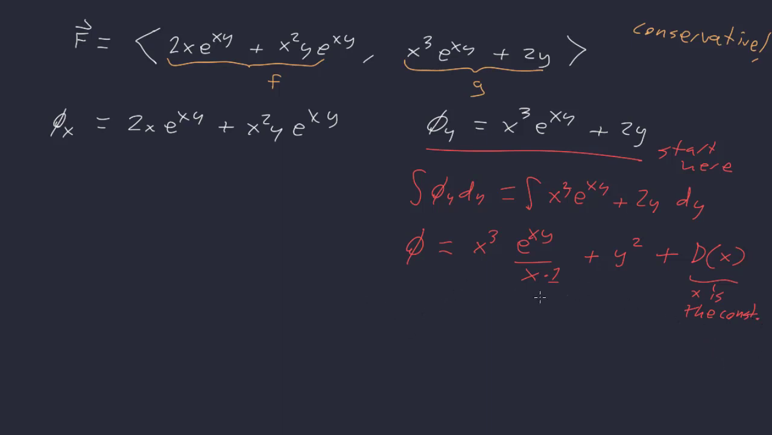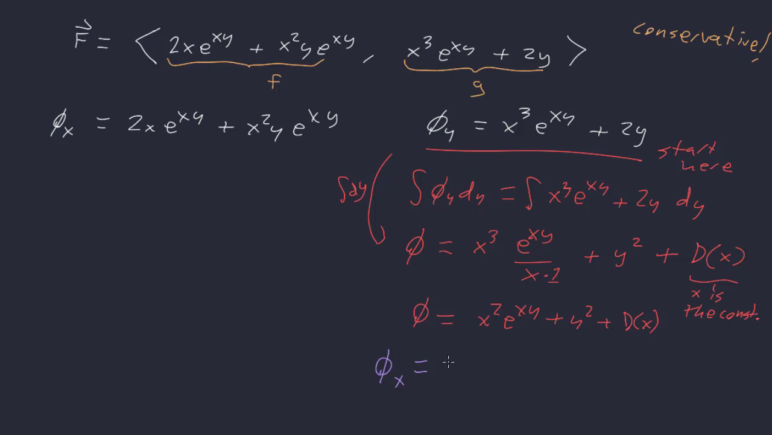Okay? So if I want to make that look a little nicer, that tells me that phi is x squared e to the xy plus y squared plus d of x. Okay? Now, so we've integrated with respect to x. Now we're going to differentiate with respect to y. So I'm going to differentiate with respect to y to get that phi sub y,